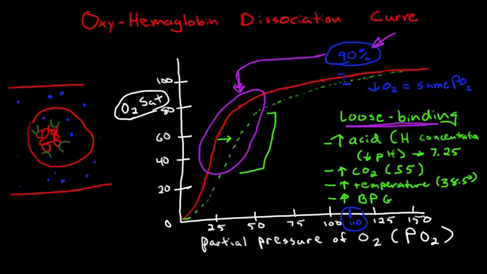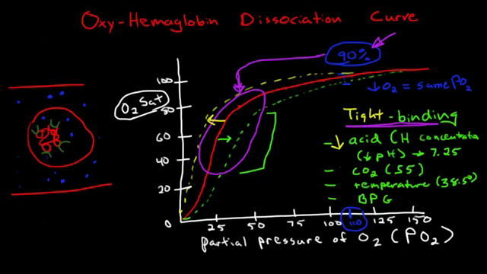Okay, so what happens when you shift the curve to the left side? If you shift the oxygen hemoglobin dissociation curve to the left side, you're going to end up with tighter binding, right? And all of this is going to be exactly the opposite. So we're going to have tight binding, and this tight binding can be caused by